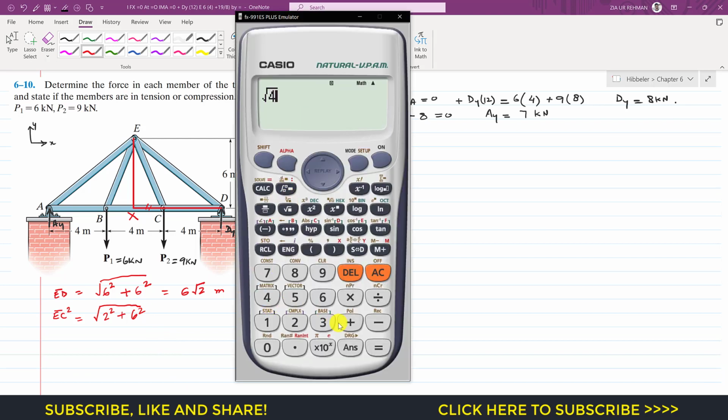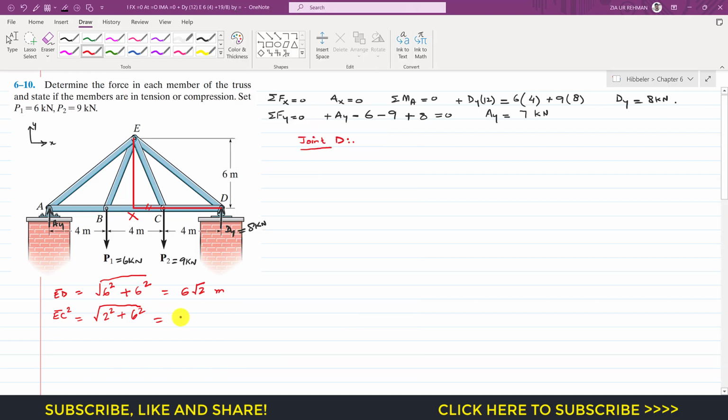So 2 squared is 4 plus 6 squared is 36. So this gives us 2 square root 10, so this is 2 square root 10 meters. Now this will help in finding the components of the ED member force and this EC member force. Now if we start with joint D, then